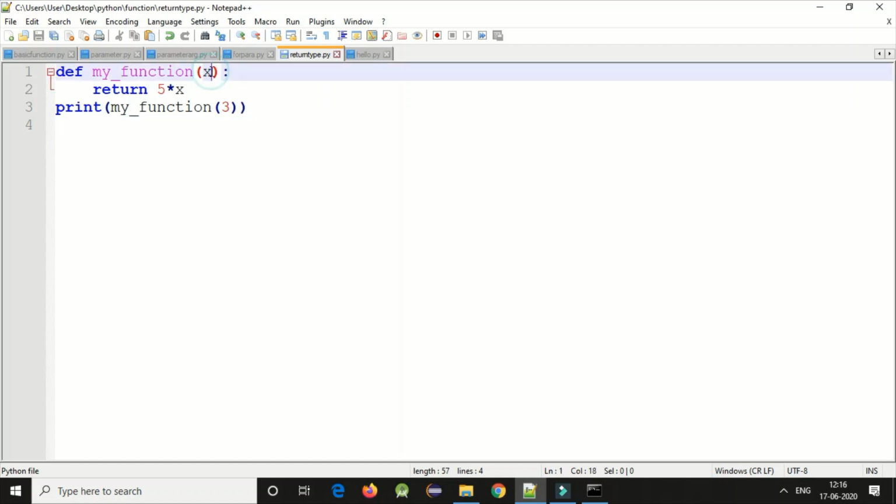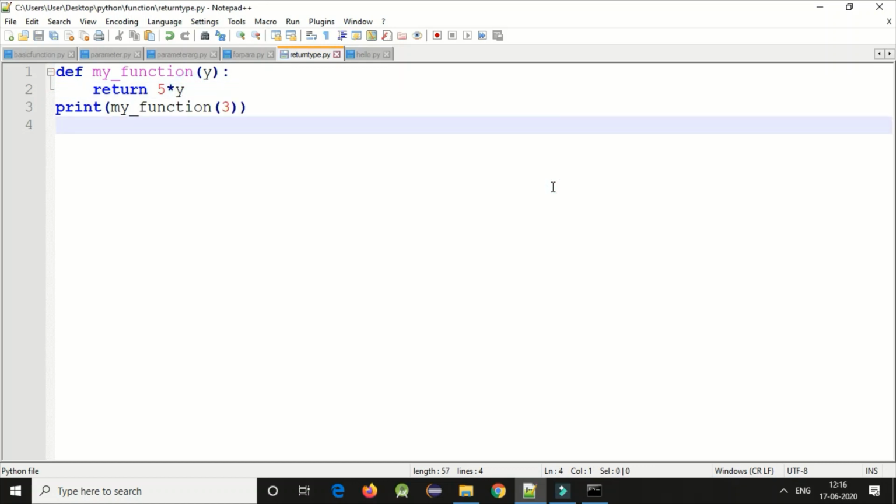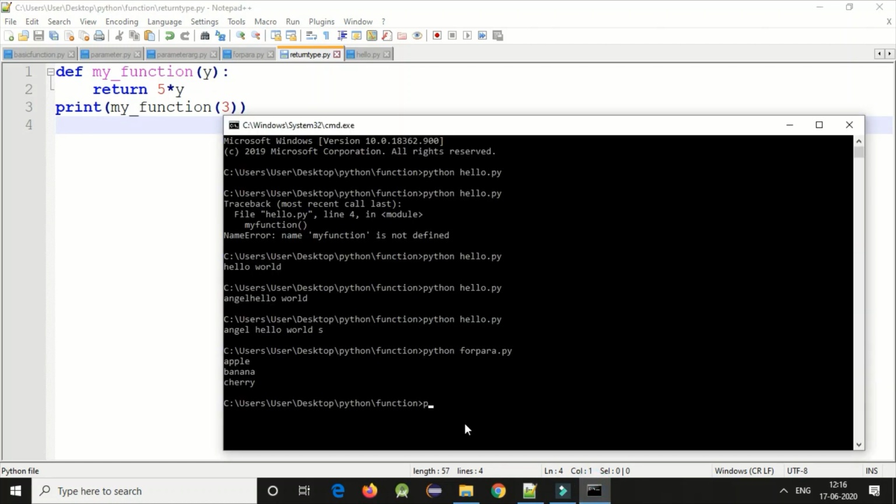For example, if I want to give y, I'll pass the y value, and this y value goes to this function. So I'll run the program, python return type.py. Okay, now it's giving me 15.